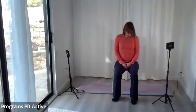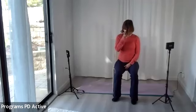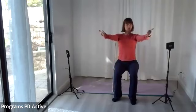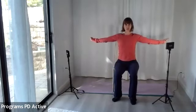Good, and reverse, go the other direction. Perfect. Okay, and then let's bring the arms forward, thumbs up. Thumbs up, good. And then you're gonna point the thumbs as far back as possible and then drive those arms